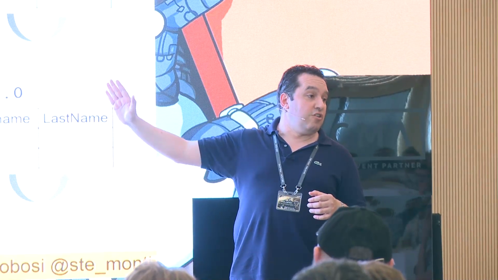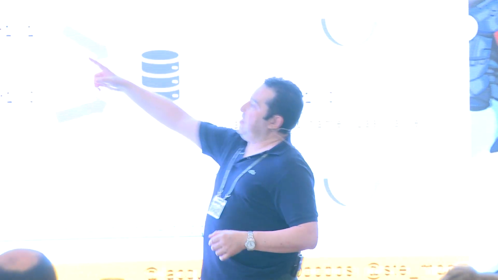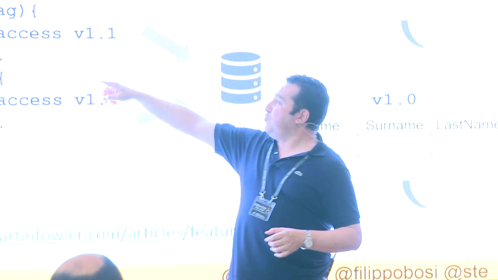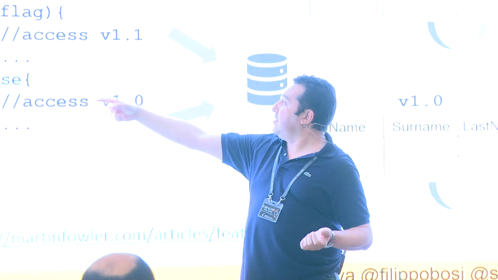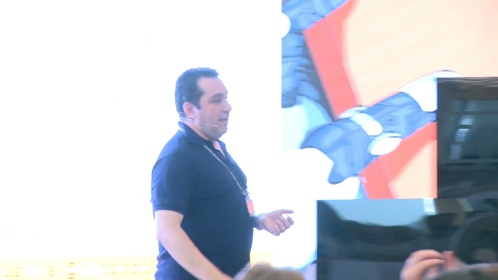Another way to have the same feature as blue-green deploy is to insert in your code a feature toggle. That's a toggle that instructs your code to use the old version of the SQL or the new version. And you can toggle which column you are using at runtime. So by using a toggle at runtime, you can get the same effect as a blue-green deploy. So these patterns are usually an alternative.